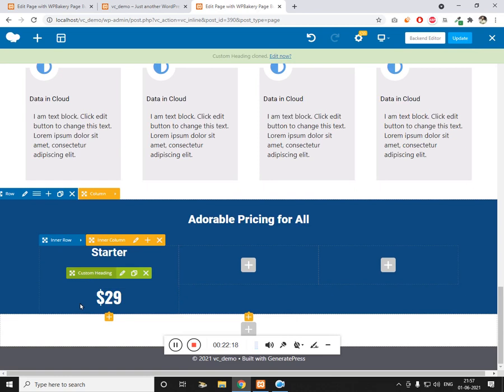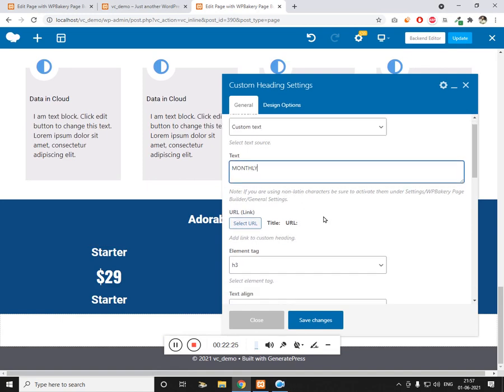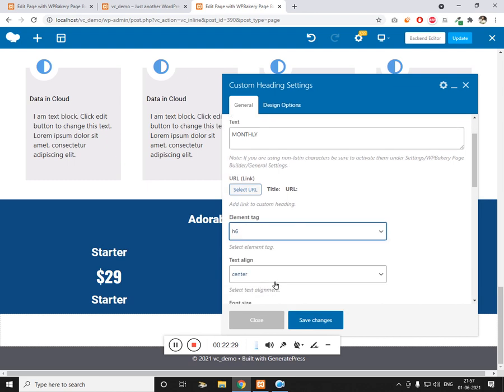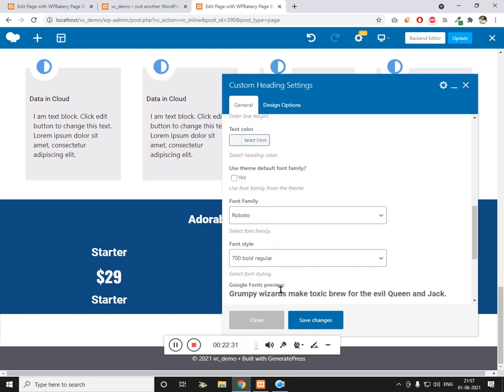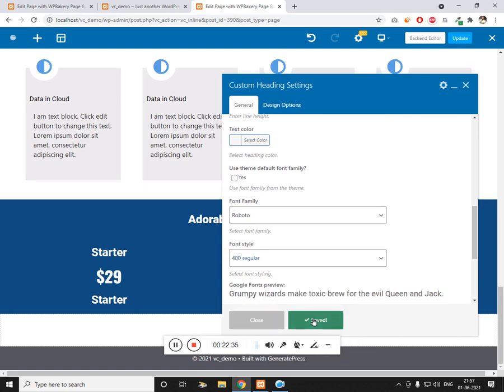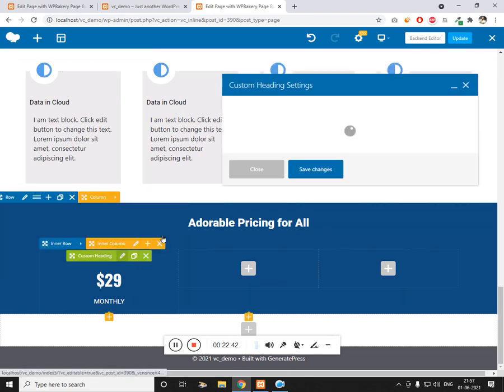Let's drag this below. Let's start editing it. So this is going to be slightly smaller, so H6, Roboto is okay. Let me make this 400 normal. Cool. Now one thing is, we want it to be black.